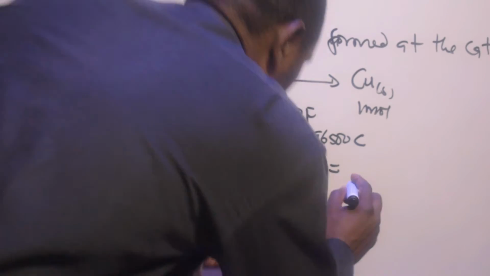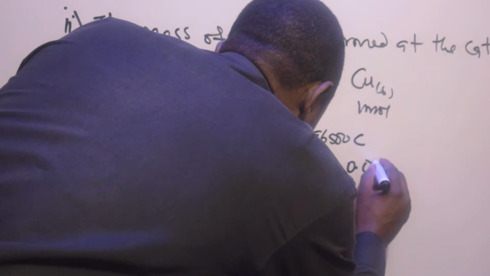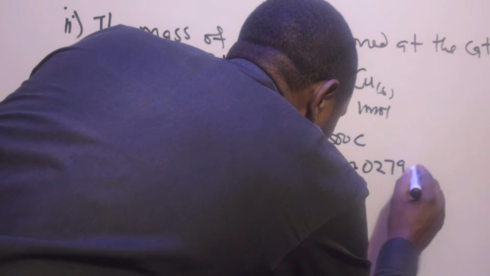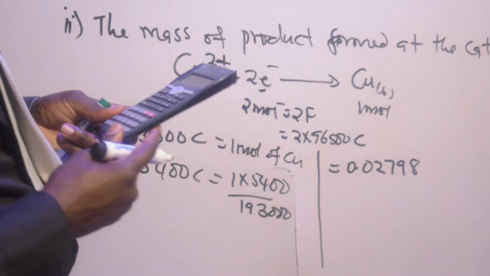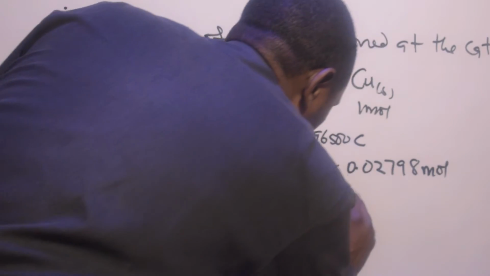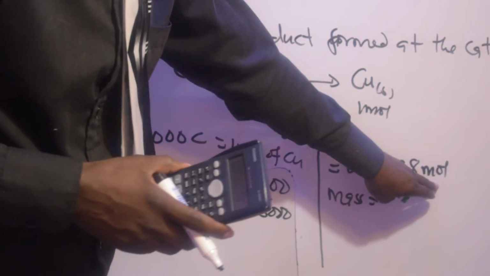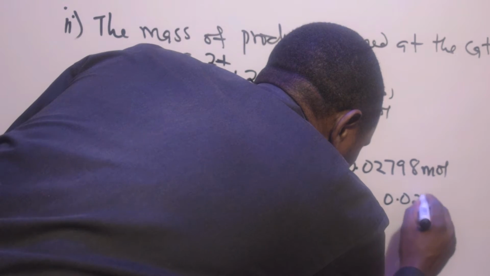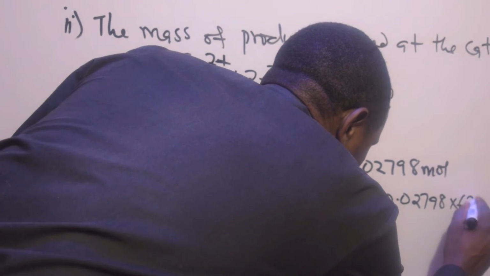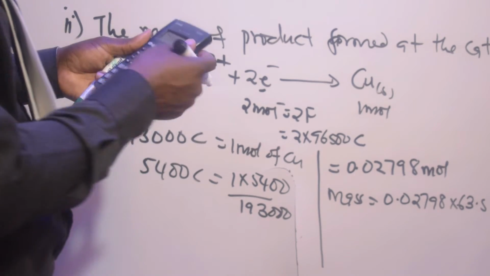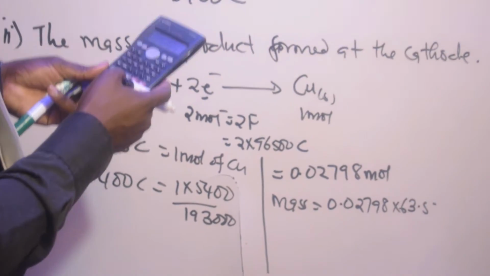Now, working on this one here, I get 0.02798. Look at that. 0.2798 moles of copper. And therefore, to get the mass, when I have the moles, I multiply the moles by the relative atomic mass of copper. And of course, this one is 0.2798. I multiply by 63.5. If you work it out here,